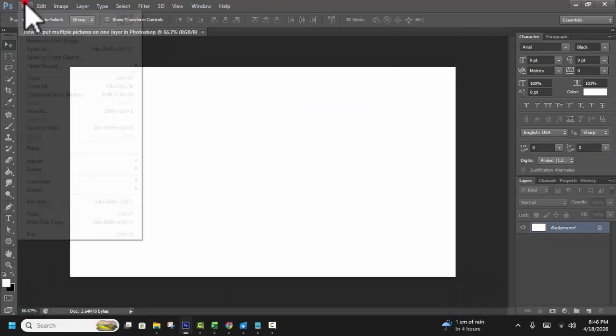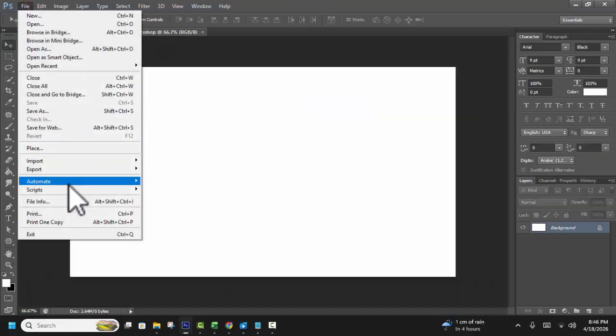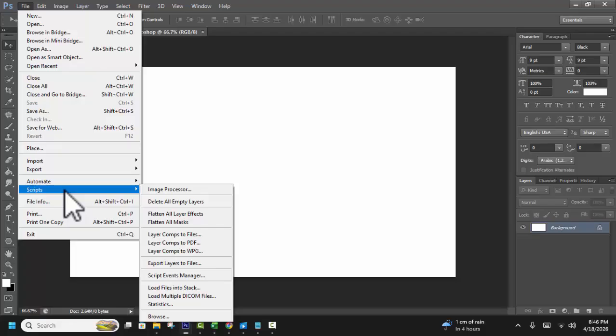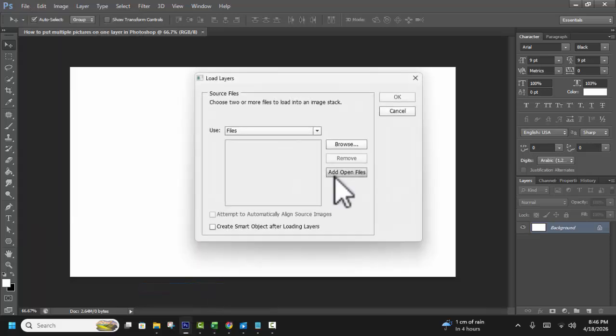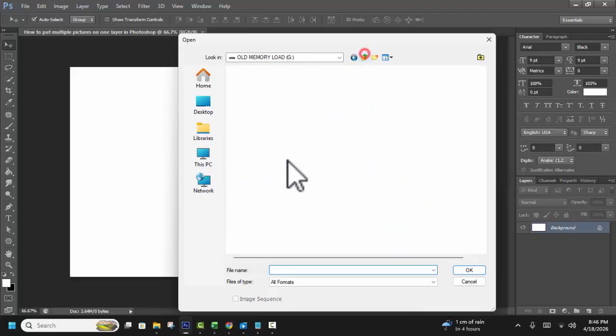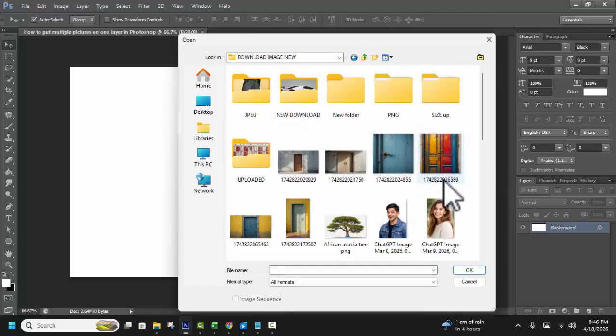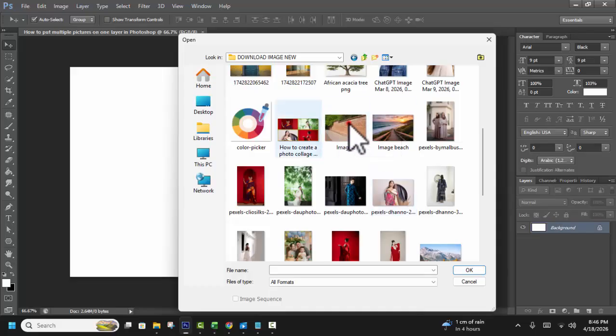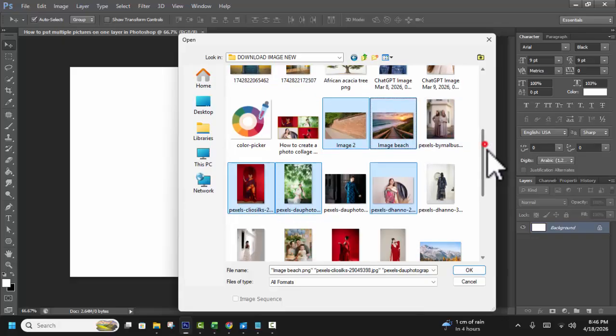Then again click the File tab and Scripts, Load Files into Stack, browse and open your image folder. Example, choose this image, hold Control and select multiple images,